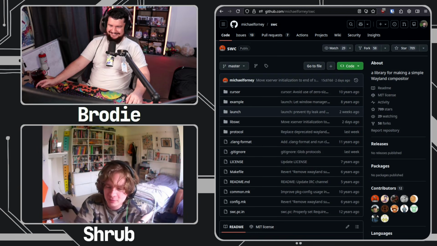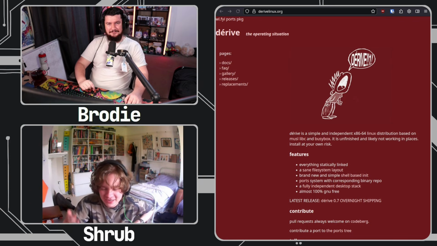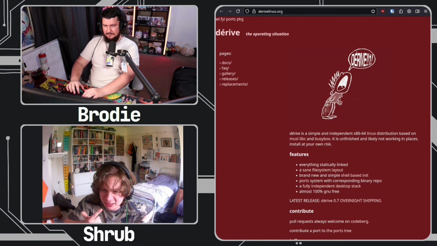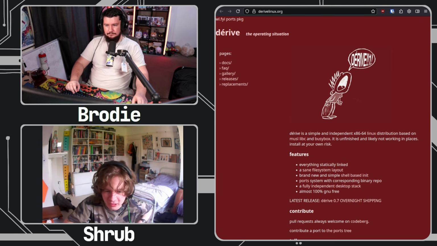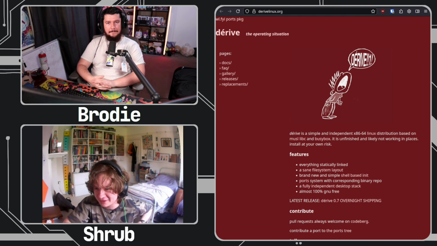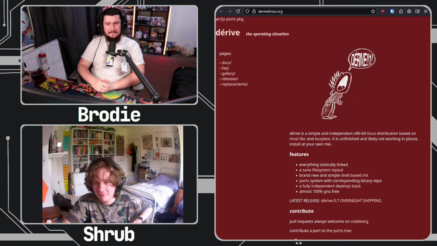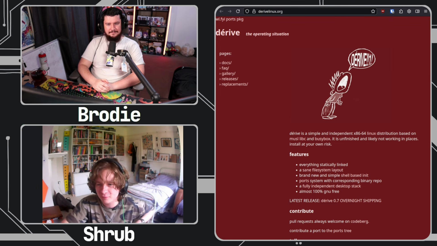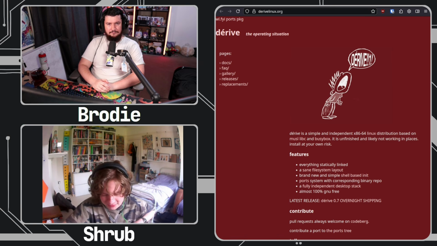But I was working on that, and I wanted to get Sway because I thought it would be easy. It wasn't easy, because my distribution has no Mesa. It's all statically linked, so you can't have Mesa. It has no udev because udev is bad. So I was trying to get wlroots to compile statically with just Pixman, which means CPU rendering on DRM without udev. And it was really hard, and I could not get it to work at all. So obviously, I decided the next best thing is that I should fork a different project and make my own compositor that works with my distribution. It seems like the logical next step.